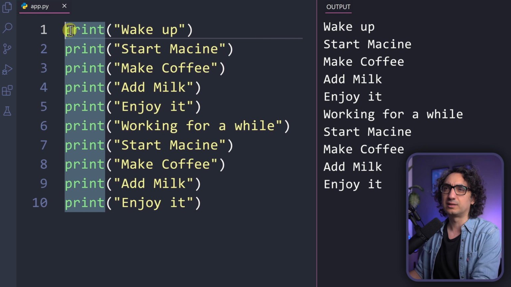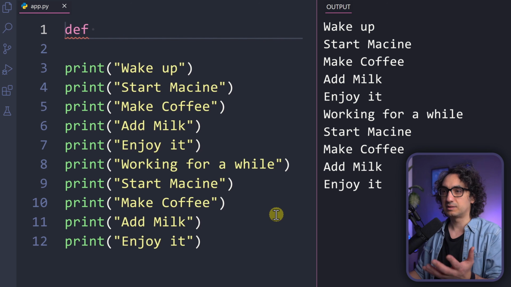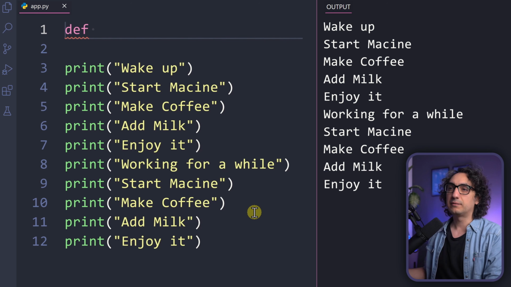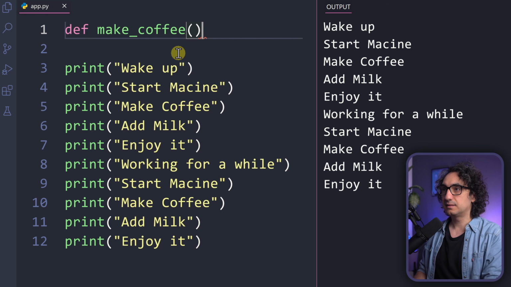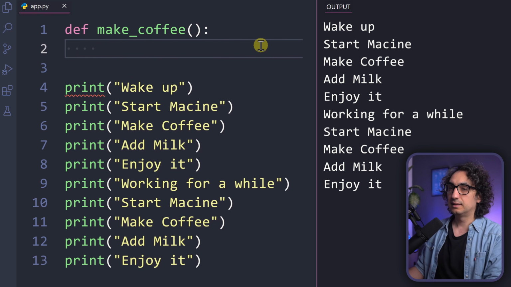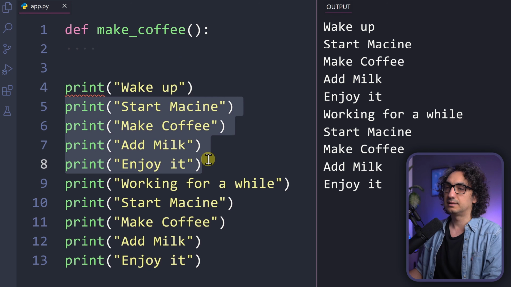Usually we're gonna go to the top of our code at the start, and we use the keyword def. So with that, we are defining our function, and now we have to come up with a function name, like for example, make coffee. And after that, we have to put the parentheses and the colon. So now we are ready. After that, hit enter. Python gonna give you the indentation, the 4 spaces. And now what we want is to put our logic, the process inside it. It starts from here until enjoying the coffee.